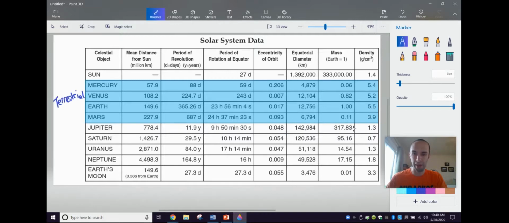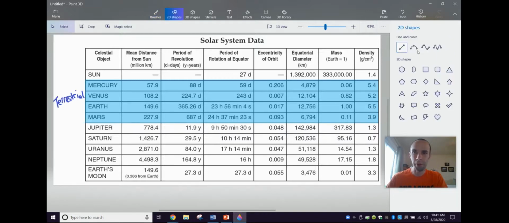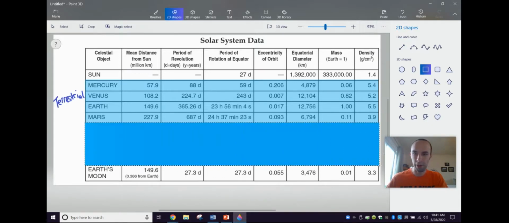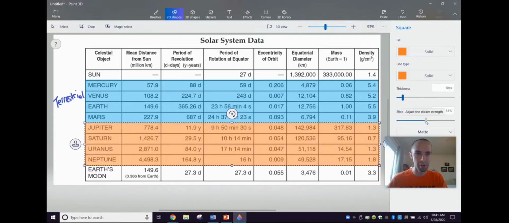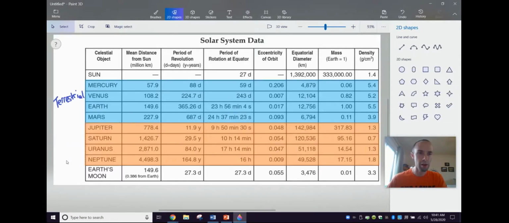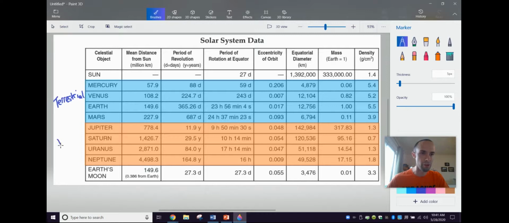Now compare that to the other guys, and I'm going to highlight the other ones as well. So Jupiter, Saturn, Uranus, and Neptune. I'm going to highlight those, and I'll do those a different color. Let me change this to, let's make it orange, and we'll make this orange as well, and then we'll make this a little bit more opaque so you can see that. So there are the other 4 planets, and these are called the Jovian planets. I'm going to write that over here. So Jovian,